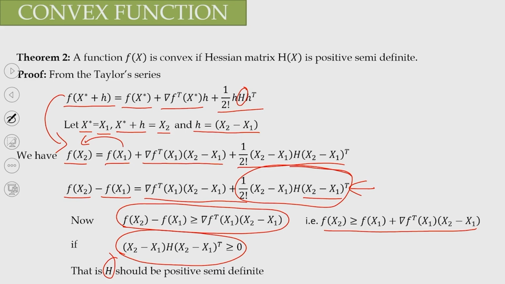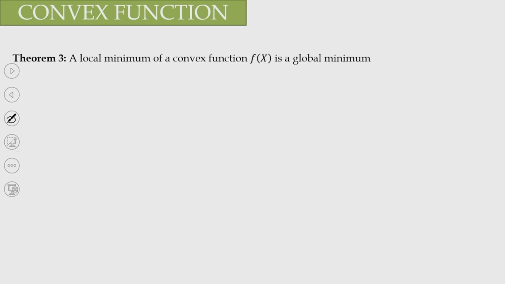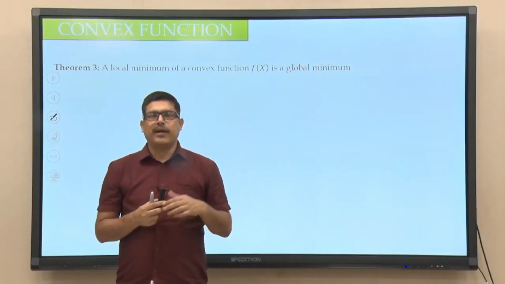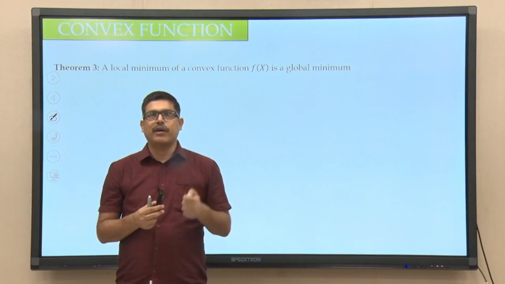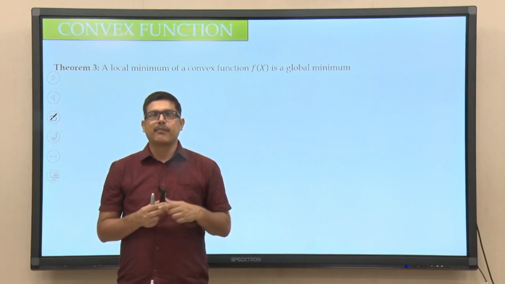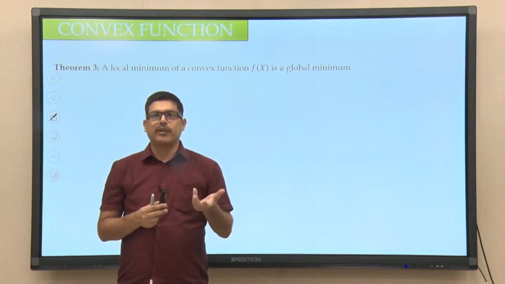Now, let us go to theorem 3. Theorem 3 says that a local minimum of a convex function is a global minimum. As I said earlier, if your function is a convex function, then you have only one optimal solution. So, you can say that it is the local optimal solution